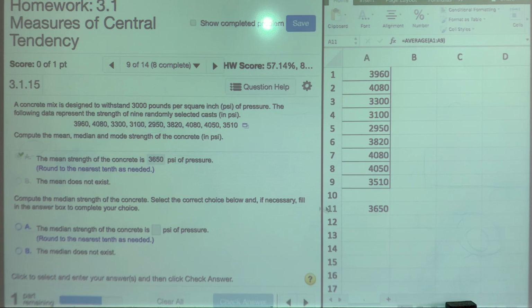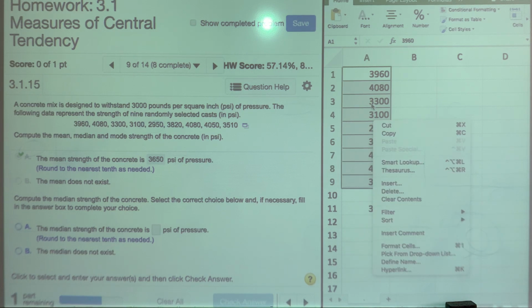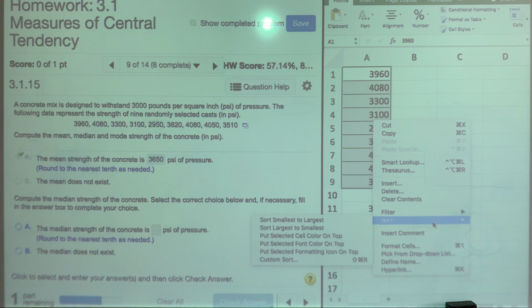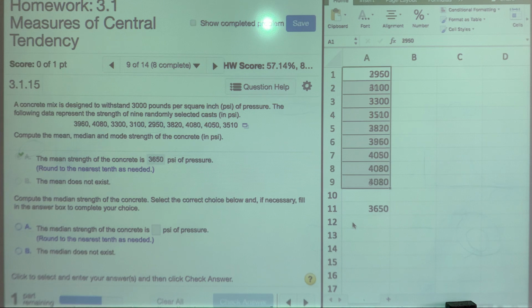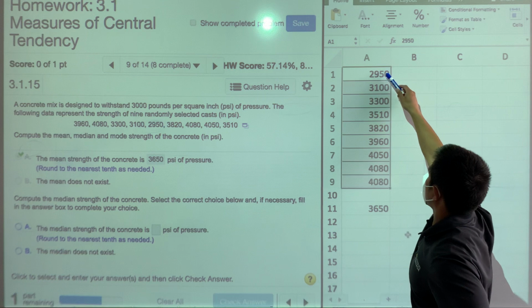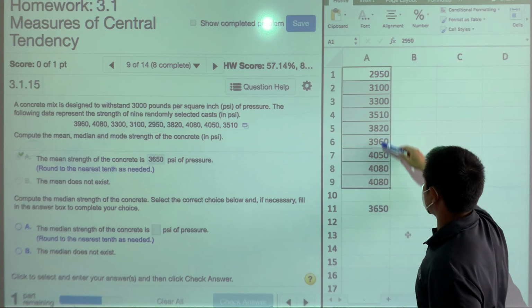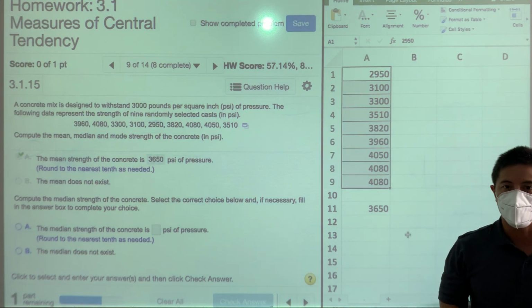All right. Now, median. Everybody ready to do median? Watch this. Don't do anything on yours, just watch. If I select the first cell, hold shift and click the last one, it's going to highlight all these. If I right click anywhere, it'll give me an option to sort them. And it will actually sort them for me, and I can do smallest to largest. Done. You guys see that? So it'll sort them for me, smallest to largest, and that'll help me select my median, won't it?